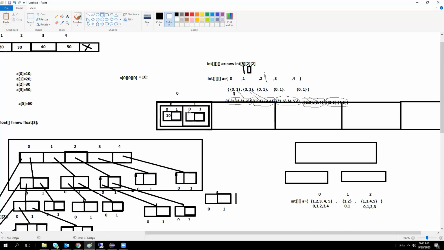In your first example you kept all 0, 1, 0, 0, everything. Here we are only storing data, meaning the values, inside the last element, in the last array. Only in the last array can we give the values.